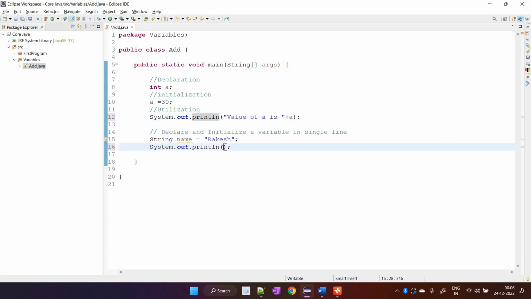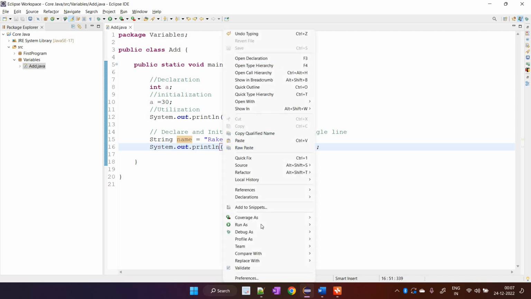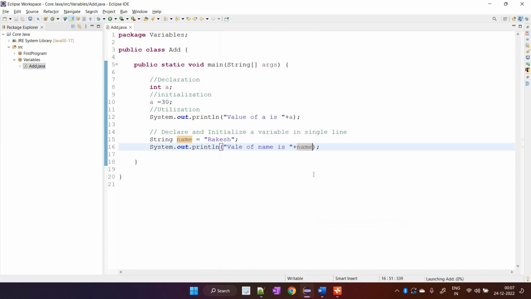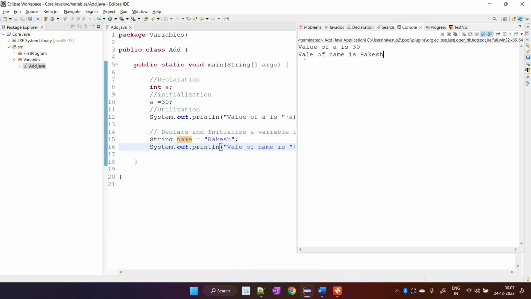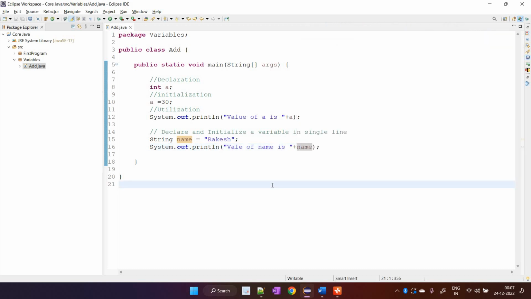Let's have a print over here. I'll just write value of name is plus name. Got it? Now I'll just run it as Java application. That's it. Now the value of name is nothing but Rakesh. Got it? This is your